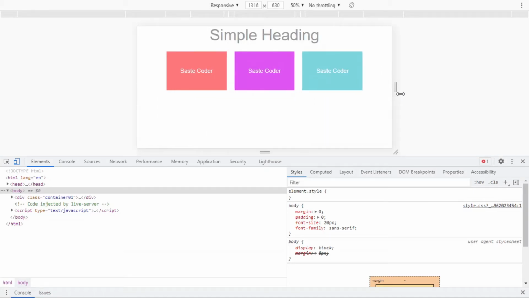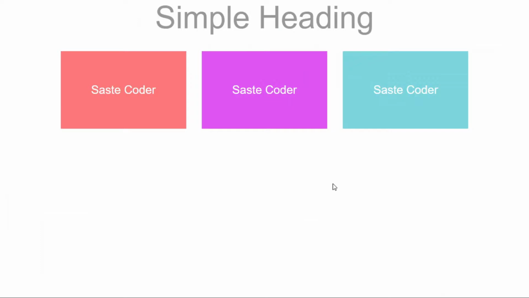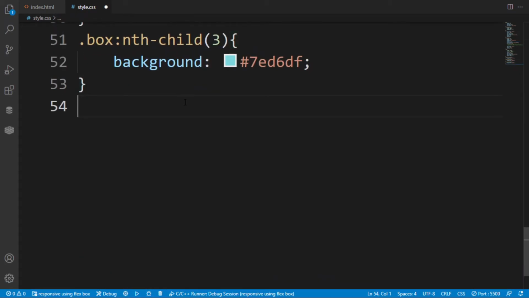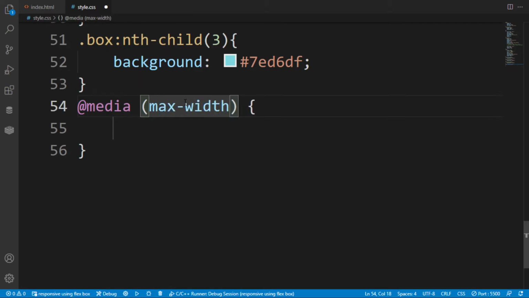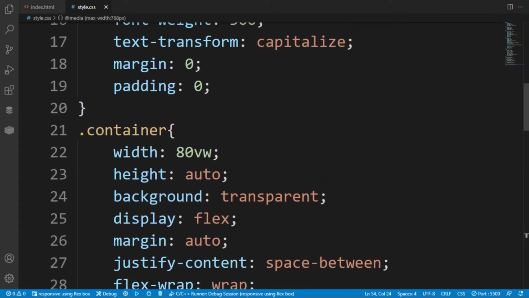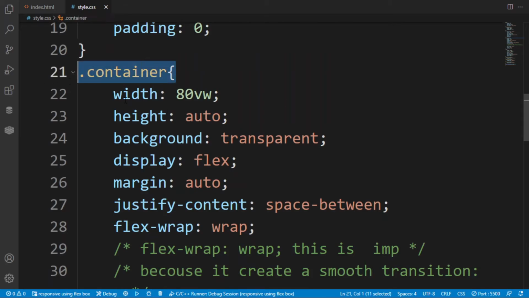Sorry for that. Here as you can see the preview also. Now here we also want the height to be more responsive, as the divs have become responsive also. So here I am giving the maximum width, that is 768 pixels, which is recommended for tablets. Here I want to style the class container.